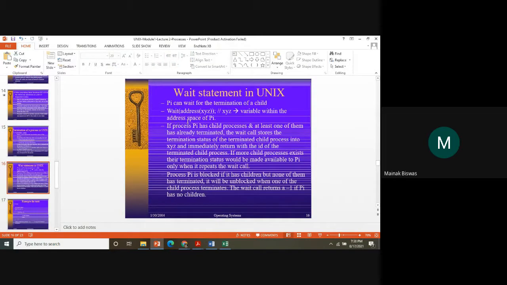So what is the wait statement in Unix? The parent PI has to wait for the termination of a child. So what it does basically, it executes the wait command.